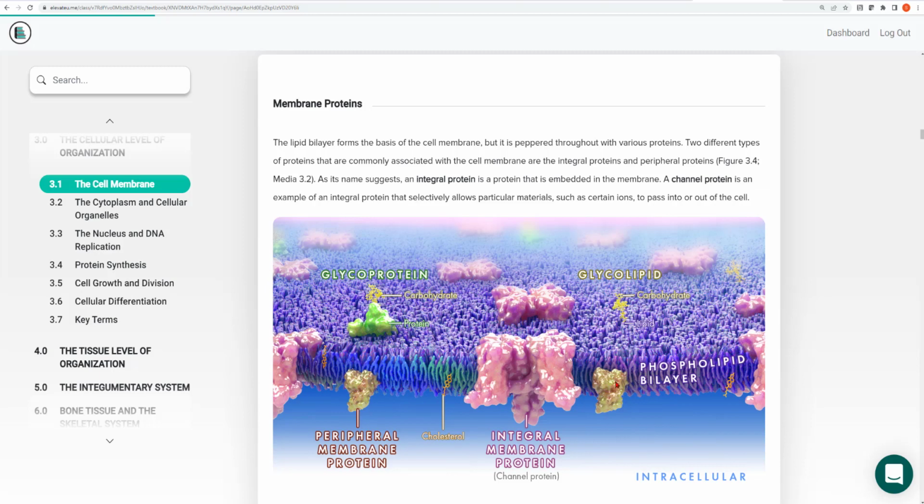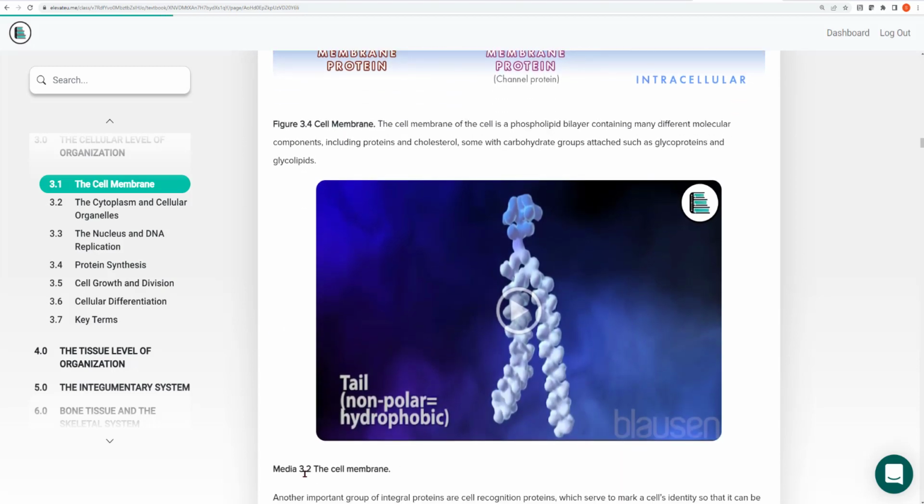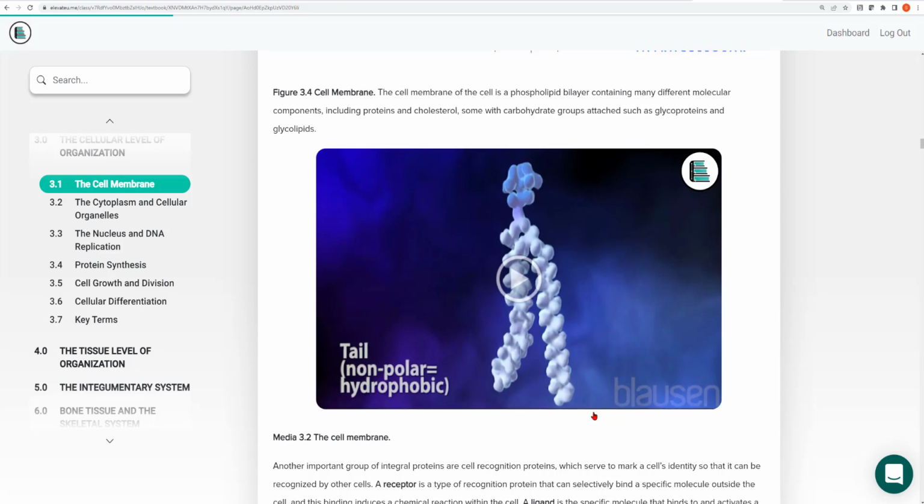In addition, I told you that cholesterol is an important component in the cell membrane. And the author here has drawn in, here's 1, here's 2, here's 3. Those little doohickey things right there represent the cholesterol molecules. Without those cholesterol molecules, the cell membrane loses its integrity. So again, cholesterol is a necessary component of cell membranes. Again, watch these media. It's going to go through and talk to you about this nonpolar hydrophobic tail and introduce you to even more features of cell membranes.